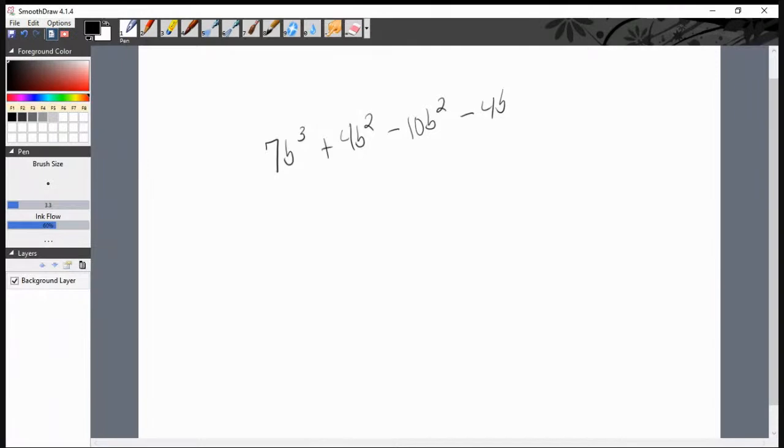Okay. Don't get confused. I know it looks like a lot of numbers, and it is. What I want you to do is see this for what it is. Typically one way we look at this is a string of operations, and for these purposes, that's not the way we want to look. What we want to do is separate these, and we want to add signs where there is none. So it's positive 7b to the third power, positive 4b to the second power, negative 10b to the second power,